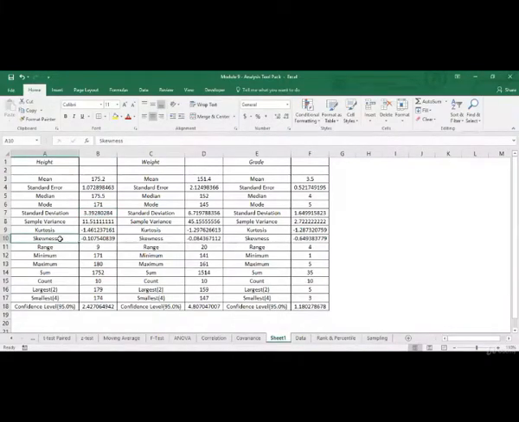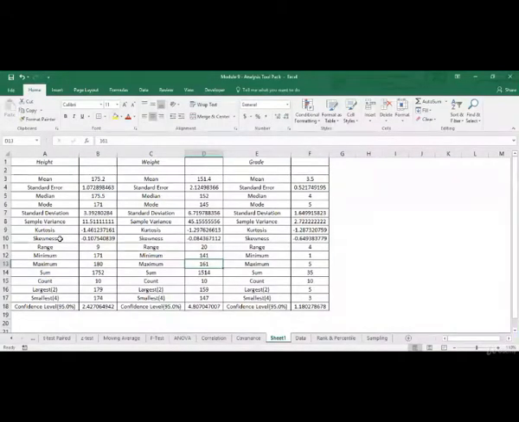Skewness usually describes a measure of dataset symmetry or lack of symmetry. A perfectly symmetrical dataset will have a skewness of 0. Similarly, kurtosis tells the degree of peakedness of a distribution. If the kurtosis is close to 0, then it is assumed that the data is following a normal distribution. Then we've got measures of spread over here, range, minimum, maximum. So if you look at maximum and minimum, and if you subtract this, you'll get the range over here.